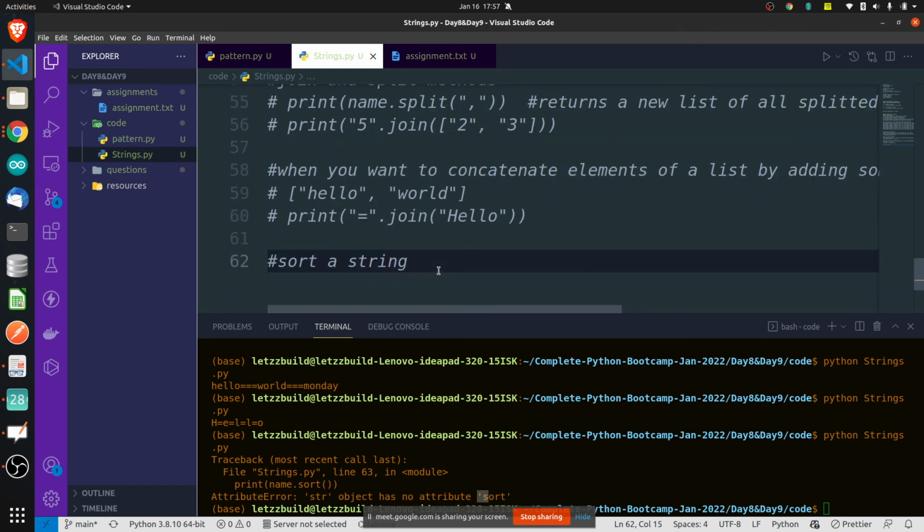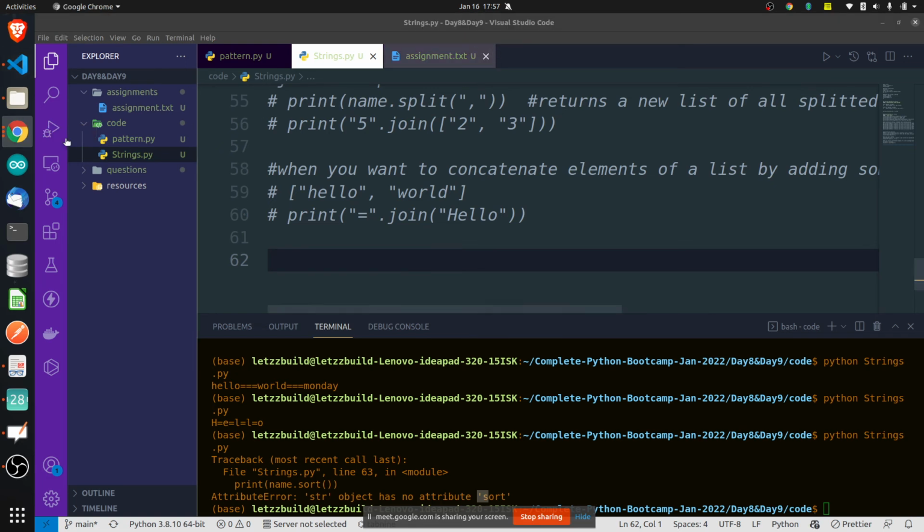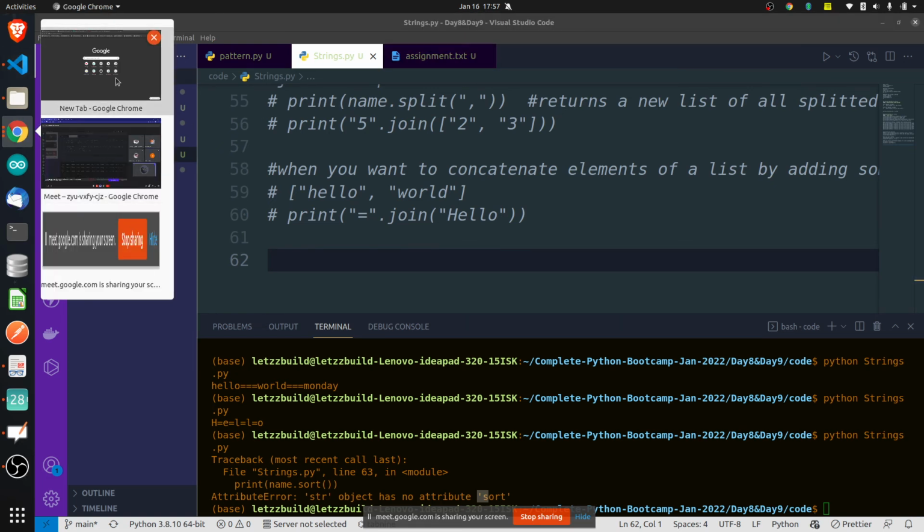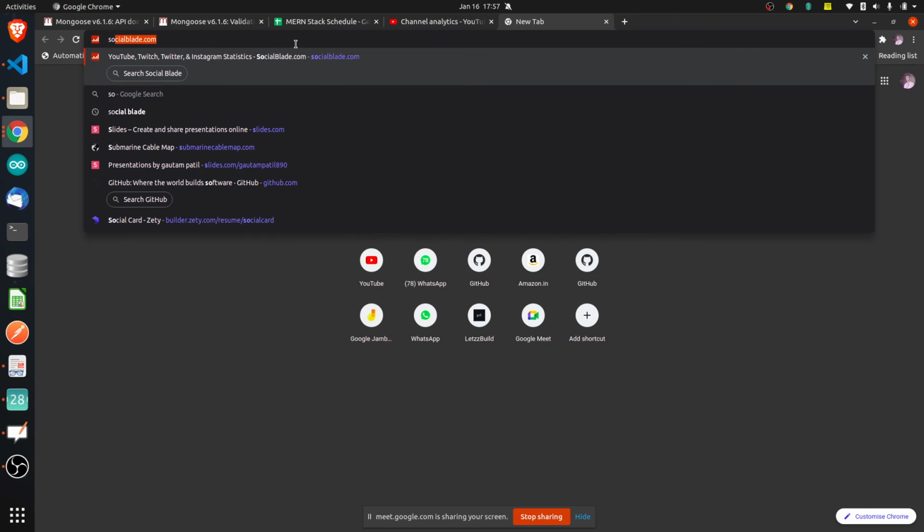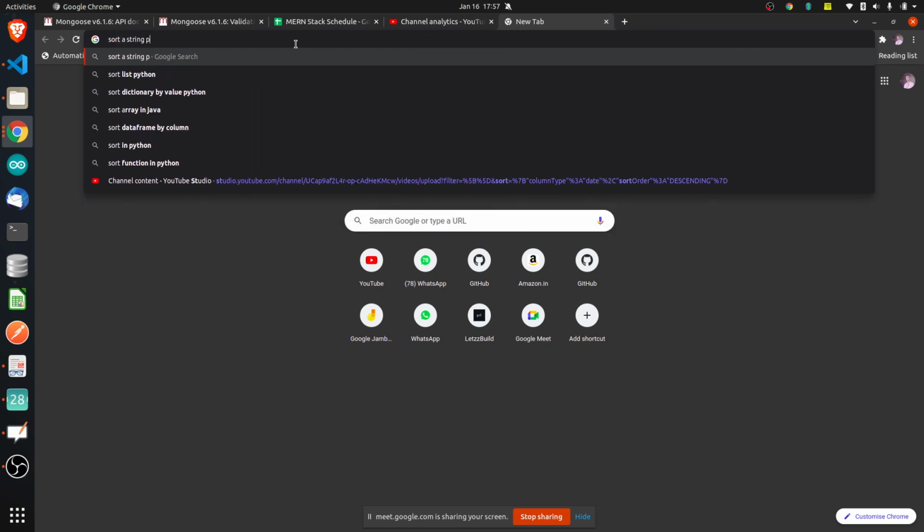Okay, so if that is not there, let's note that. I have already told about sorting A to Z, Z to A. Sort should be available, no? I feel it should be available. Sort a string.